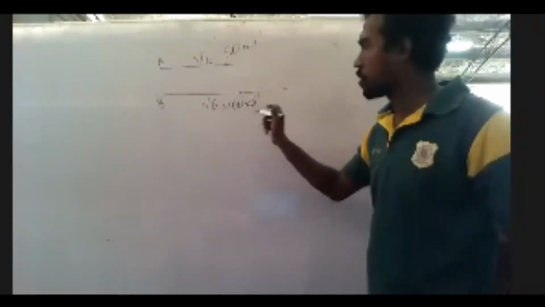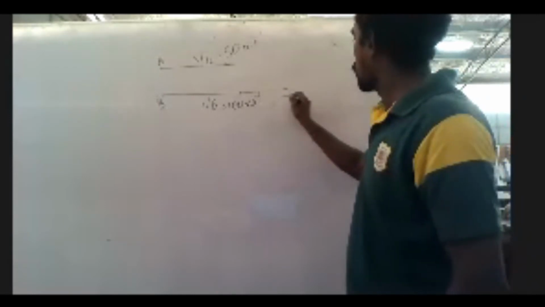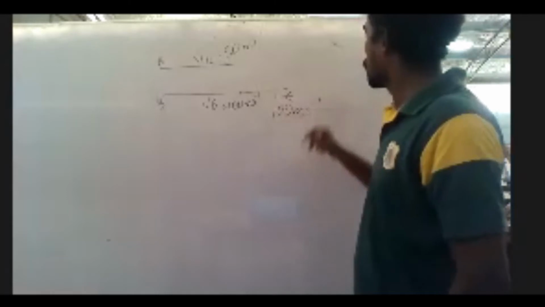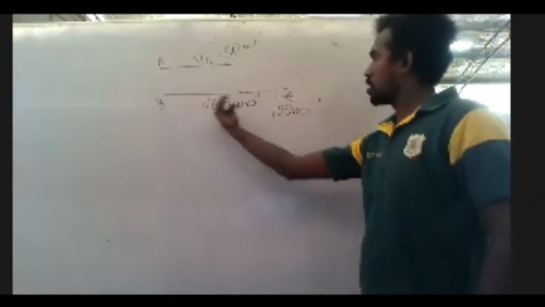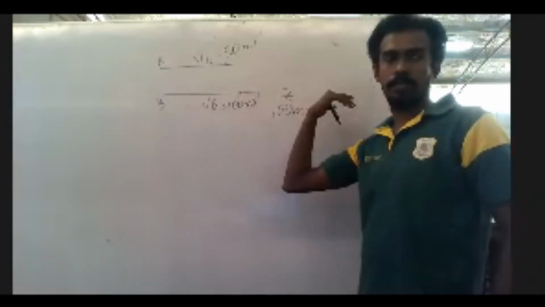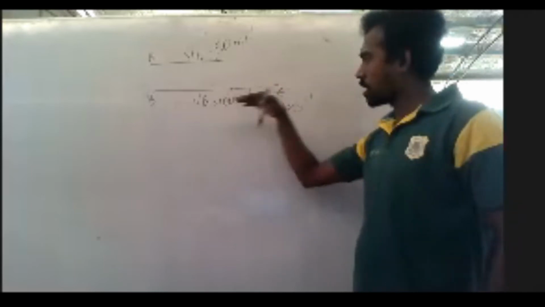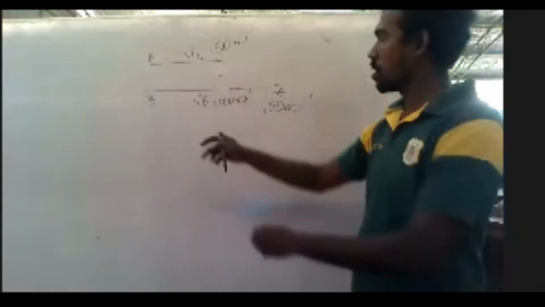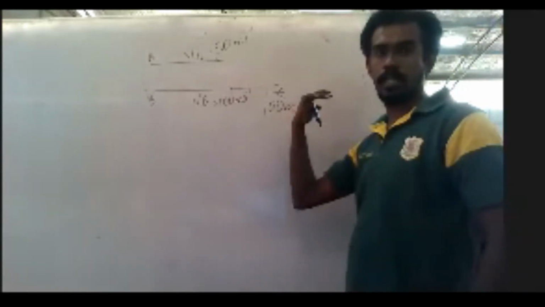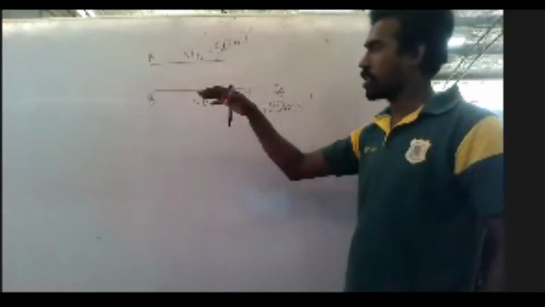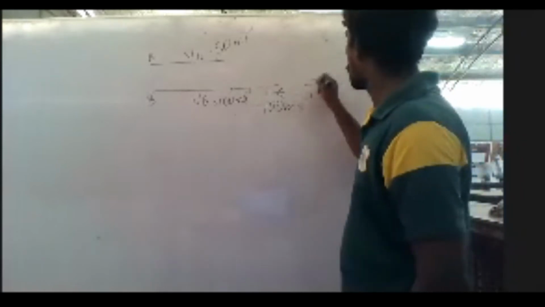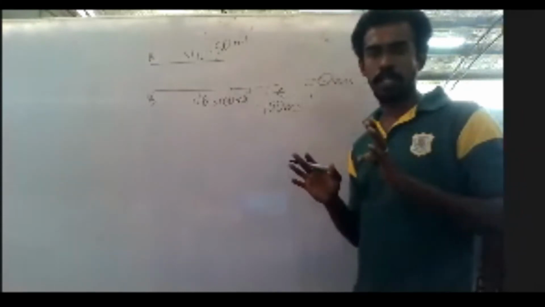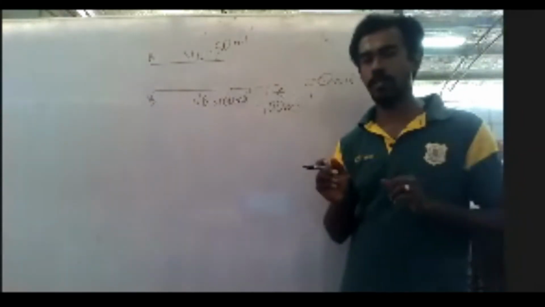Now what I have to do is stop B. If I want to stop B, I will apply 100 meters per second this way. It is already moving this way with 100 meters per second, and I am applying another velocity this way to stop this body. So if this way is 100 meters per second and that way is also 100 meters per second, the resultant is 0. So now I have stopped body B.